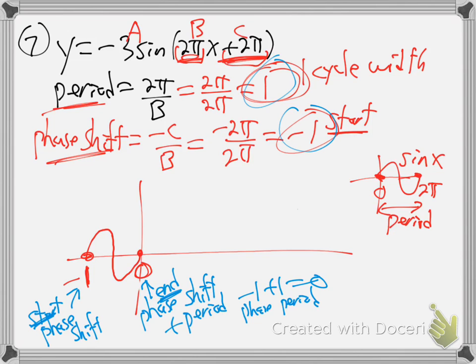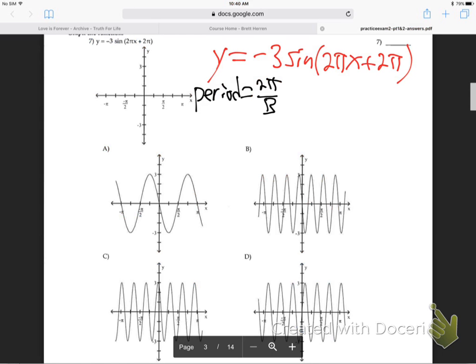Okay, now one other thing. What's that minus 3 in the front going to do? Flip it, right? Negative 3, multiply, so it's going to go down first, not up. It's going to go down first, then up. And of course, 3, negative 3, we know that. But down first, not up first. Not like the normal sine, which goes up first. This one will go down first because of that negative 3, vertical flip. There it is. Let's go back now and find which one has one full cycle between negative 1 and 0, down first, then up. Let's go back. So negative 1 to 0. I can't even tell these things. Right? Maybe I should make